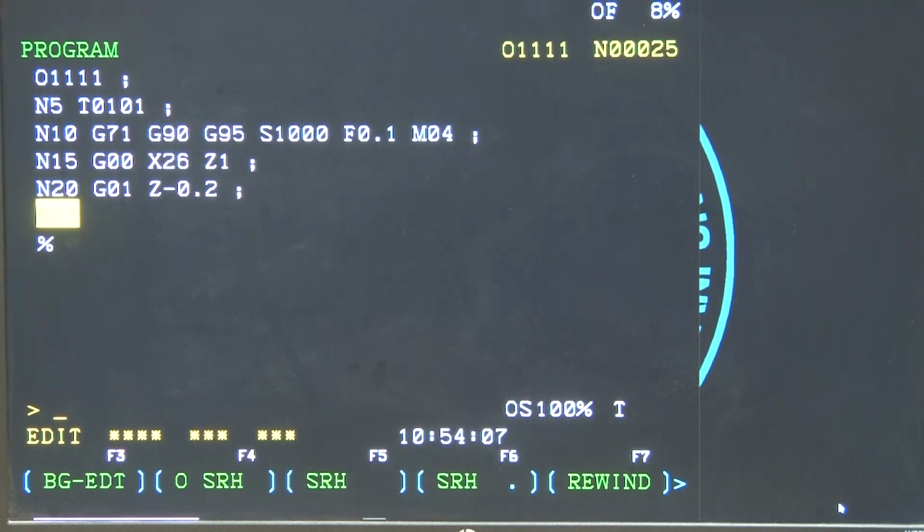Next to that is X26 Z1, that means the first tool calling point from home, that is the reference point. We are setting the reference point by giving X26 Z1 as the coordinate, and after that we have N20, with the G01 code, which is linear interpolation, the feed, how the tool has to move, and that has Z minus 0.2. This is the value that we are showing in the Z axis. The Z axis is a particular direction, and I have already told you about those axes and directions.